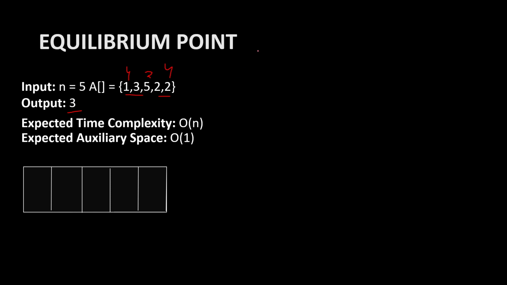There are a few boundary cases. If we have one element, that is accepted as an equilibrium point because for one element, the left side and right side have no values. So it will be an equilibrium point because left and right both have nothing. One element is fine, okay? And this is for one. So what about two elements? For two elements, suppose